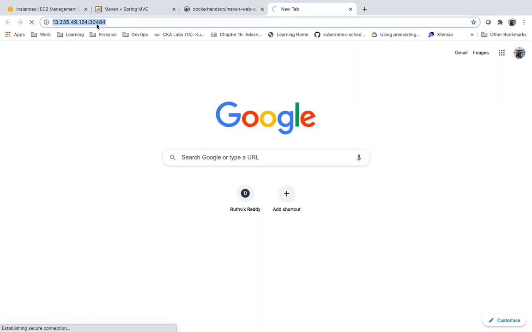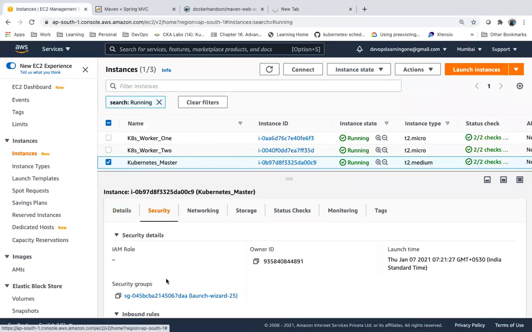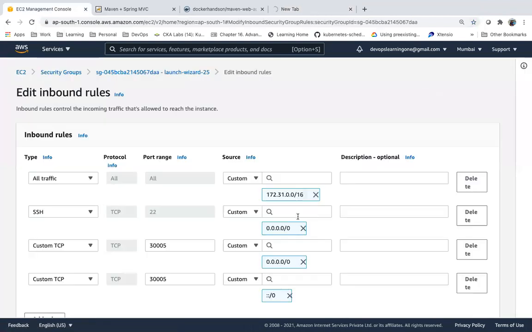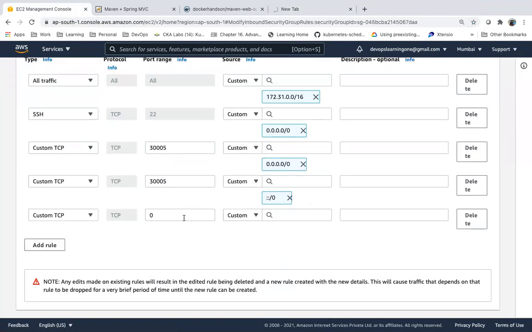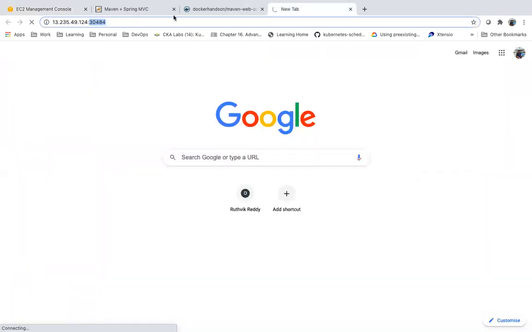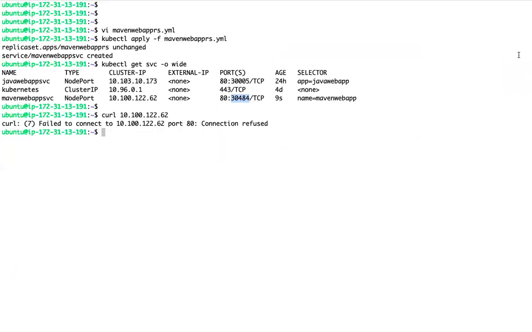Let me open this port in the AWS security group. If you see, from outside also, I'm not able to access. So what is the problem?